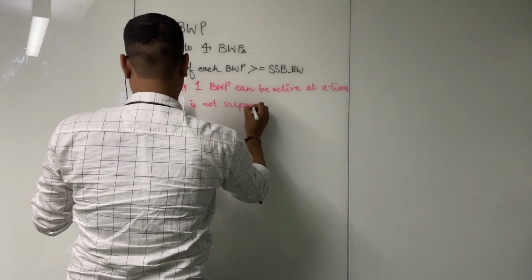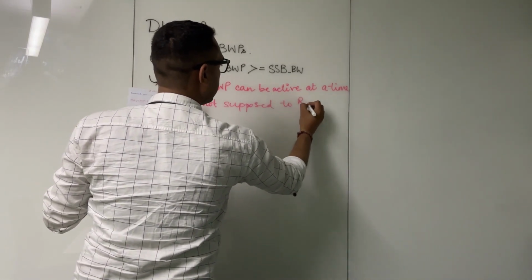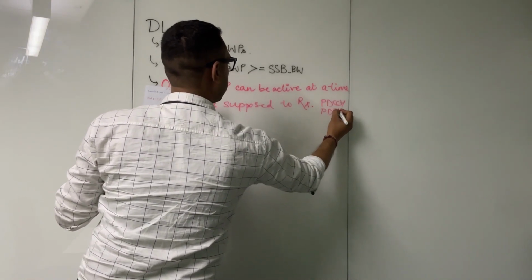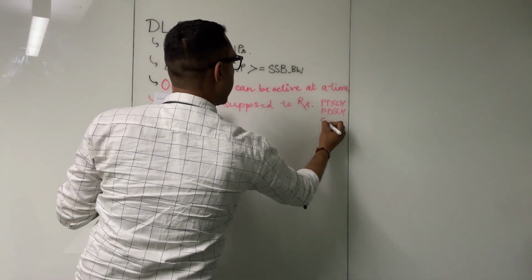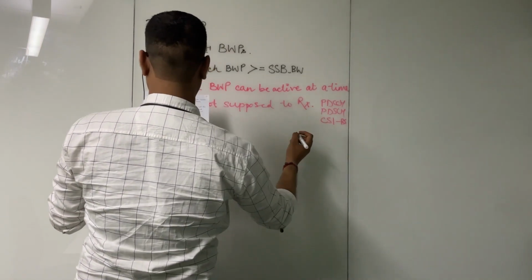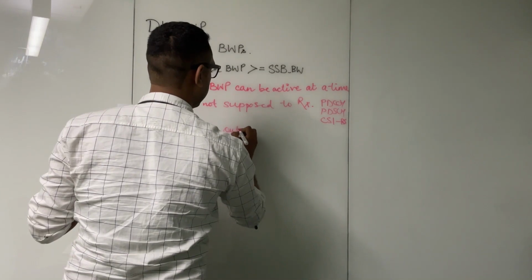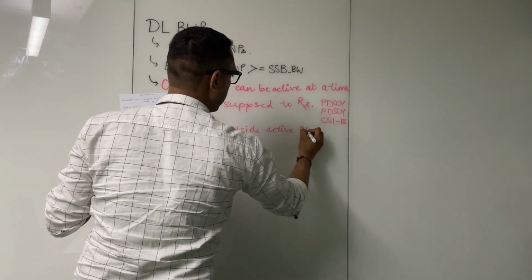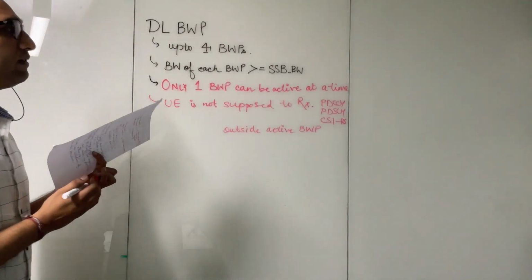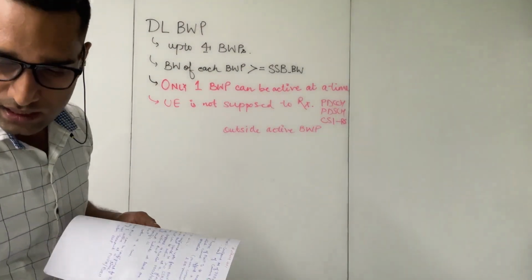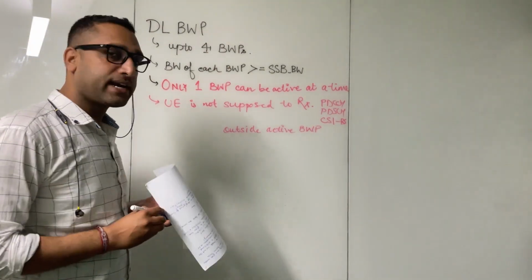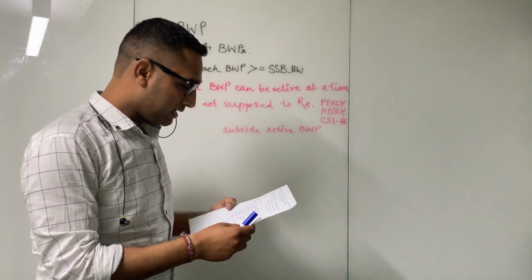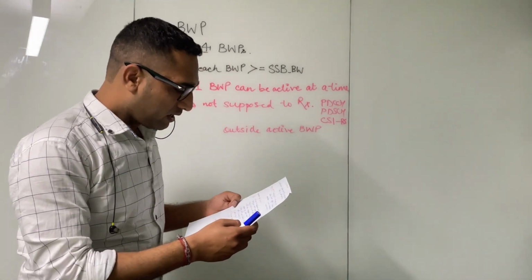to receive PDCCH or PDSCH or any kind of reference signals outside of the active BWP. All these things the UE will get only inside the BWP that is active. The UE will not go outside the bounds. And one more very important one,